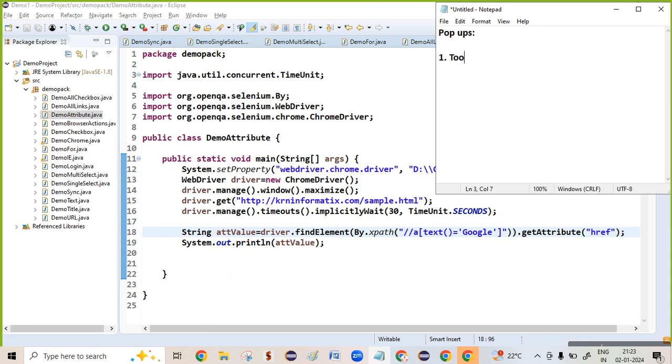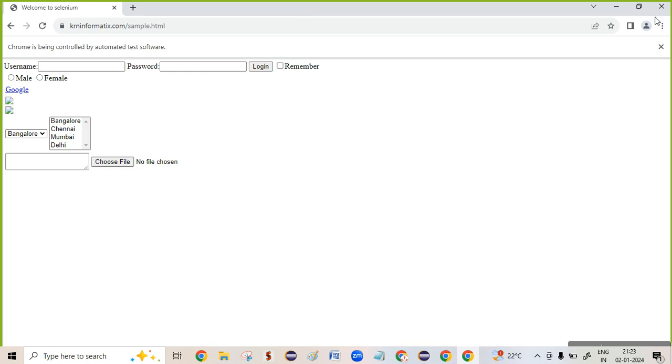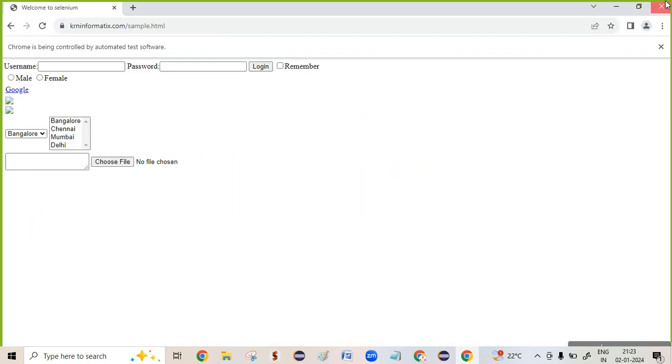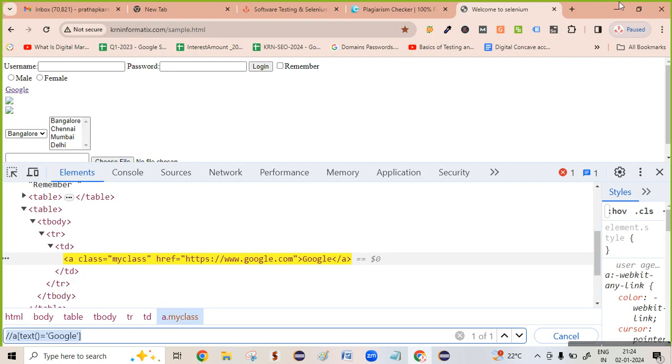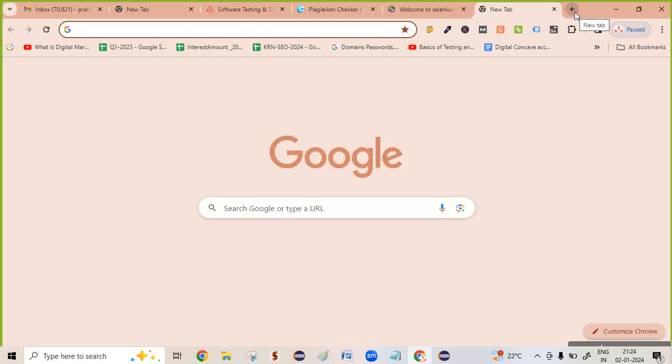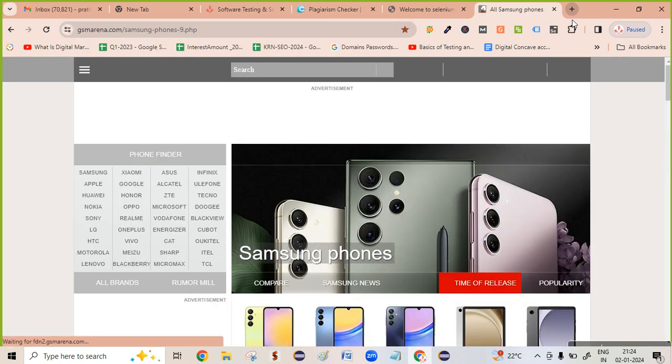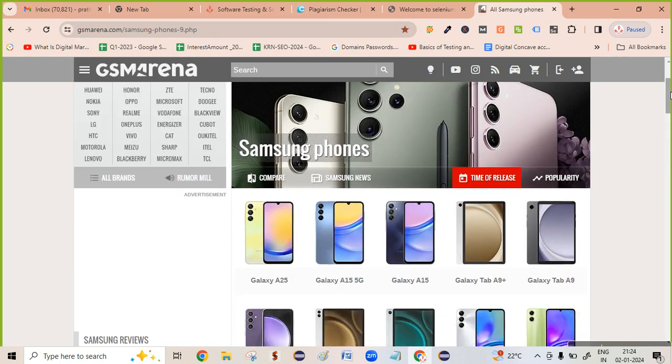First one is tooltip pop-up. Tooltip pop-ups are there. First, I am going to gsmarena.com and here I am going to go to